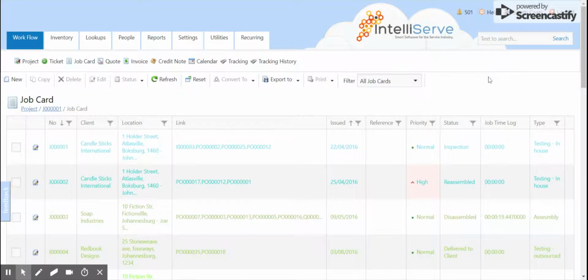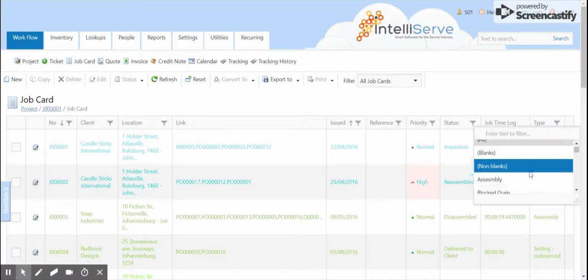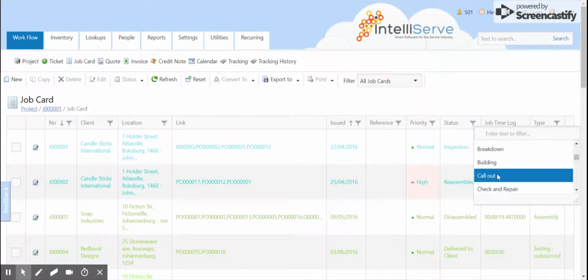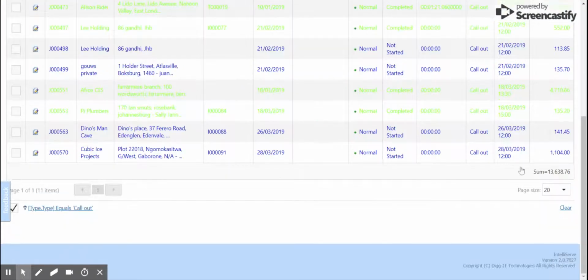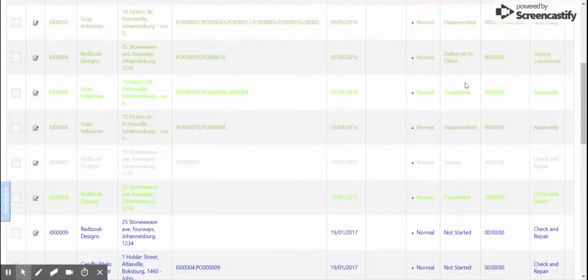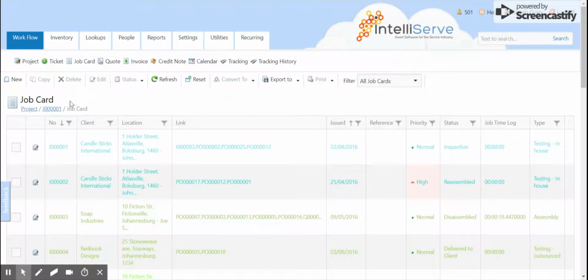In this video, I'm going to show you how you can filter a table by using multiple values of the same variable. So typically, if you're wanting to use the funnel shapes to filter, you can only select one value at a time, and it will filter the table by that value of the variable you've chosen. If you're wanting to choose, for example, show job cards that are of more than one job type, then what